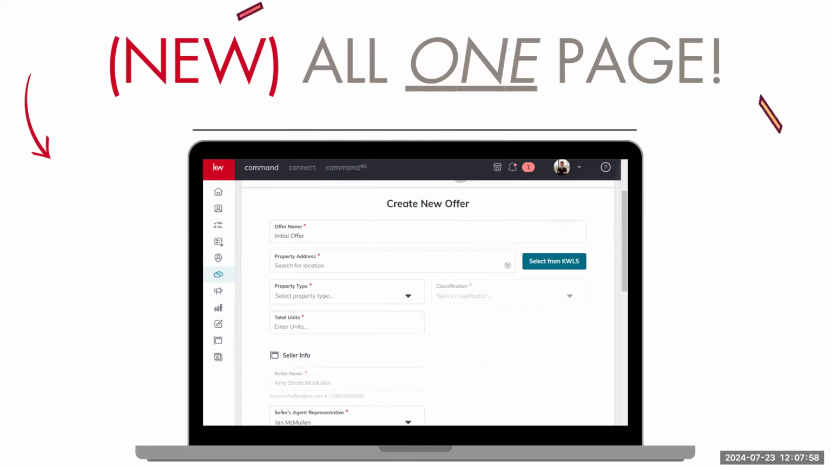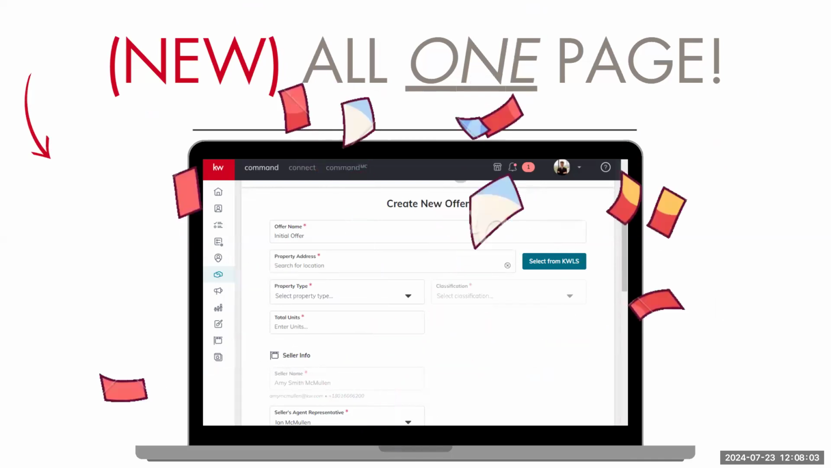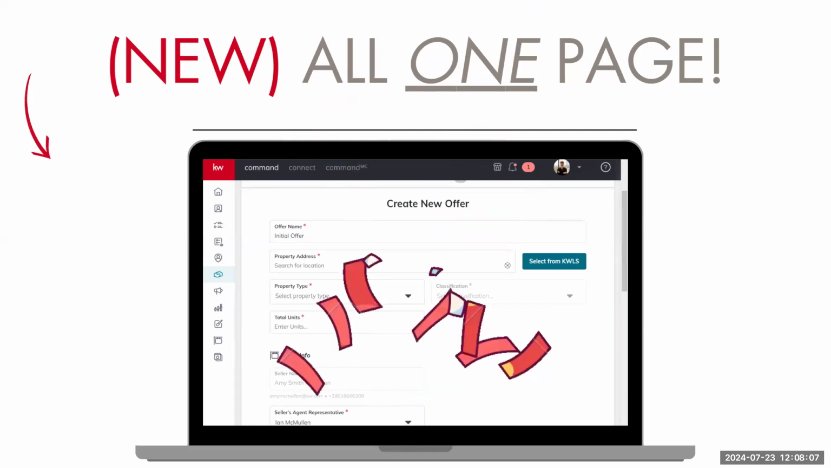And then property type. This is a new one as well. So now residential, commercial, and land have different features. So residential is going to be based off unit type. Commercial is going to be based off of,